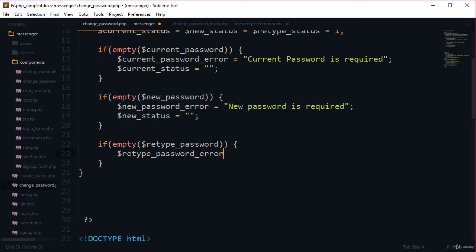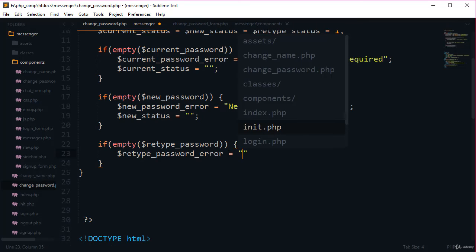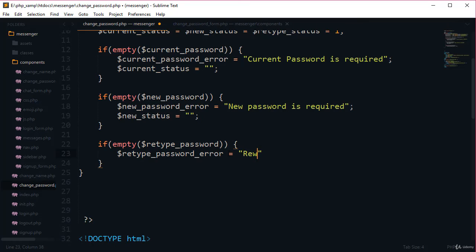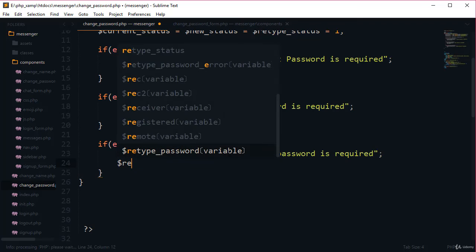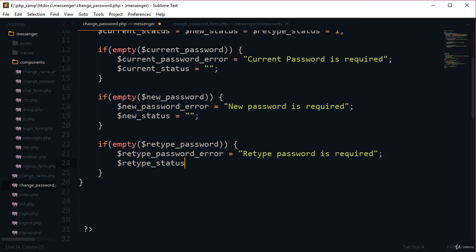So now this validation is for the retype password. Retype password is required. And here retype status will be empty. Now we need to display the errors.